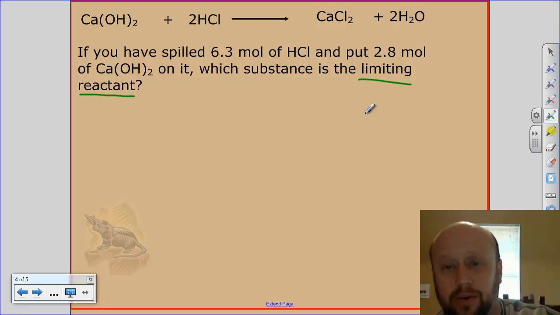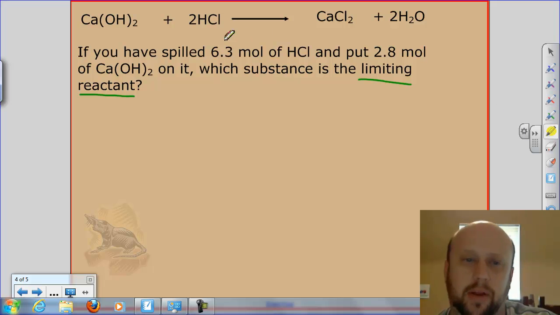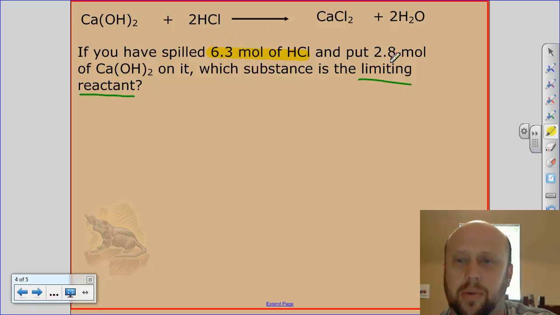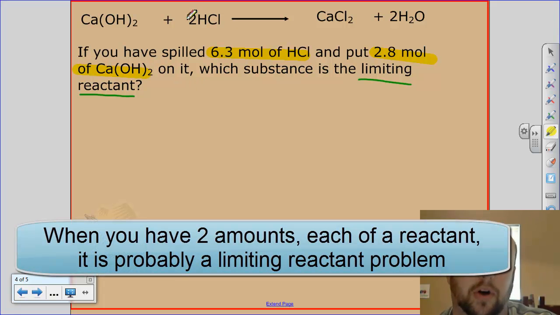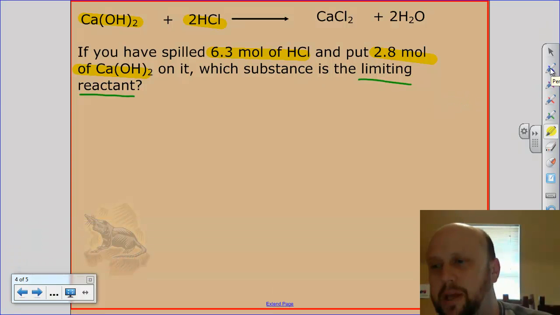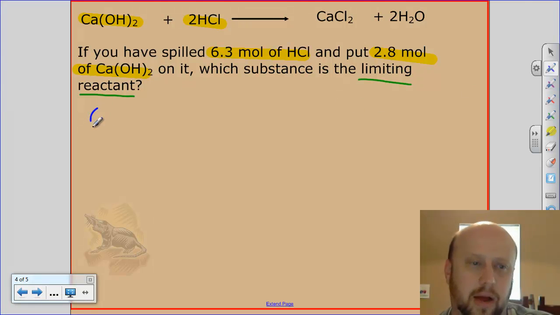Now, here's the key. It doesn't always tell you that it's a limiting reactant problem. So here's your clue that it's limiting reactant. I have two numbers given to me, and both of those numbers are reactants. If I have two amounts of reactants given to me, probably a limiting reactant problem. So how do we set this up? This doesn't work out like a normal given and unknown sort of problem,